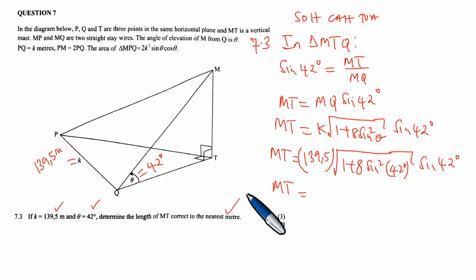So if we do this one here, it is 139.55 meters, right? You multiply by the square root of 1 plus 8, and then you have the trigonometric sine of 42 degrees. And then you square this one here, right? And then it is everything multiplied by the trigonometric sine of 42 degrees. And so we are able to get the result, which is 139.5 into this, the sine of 42, which is